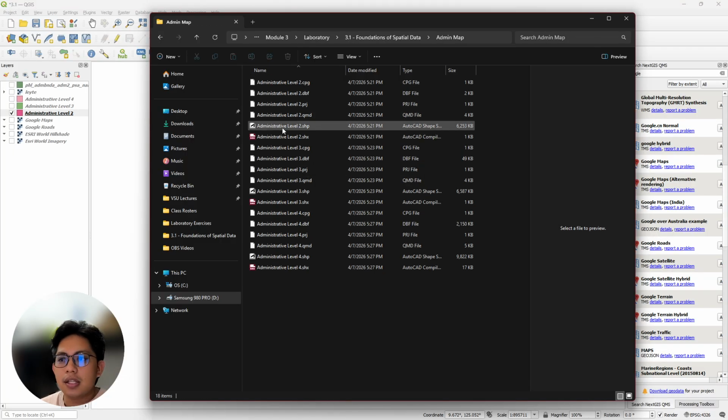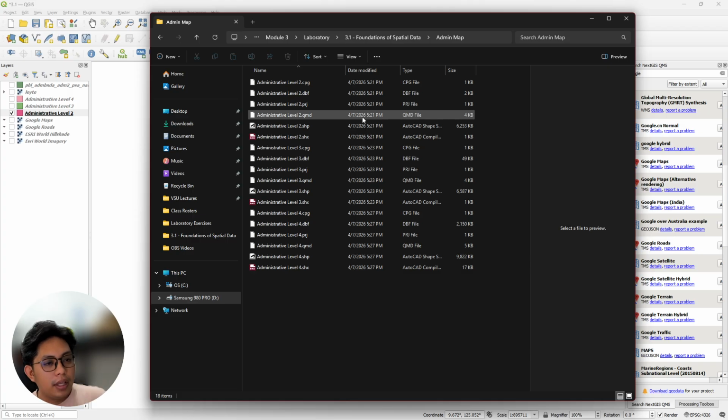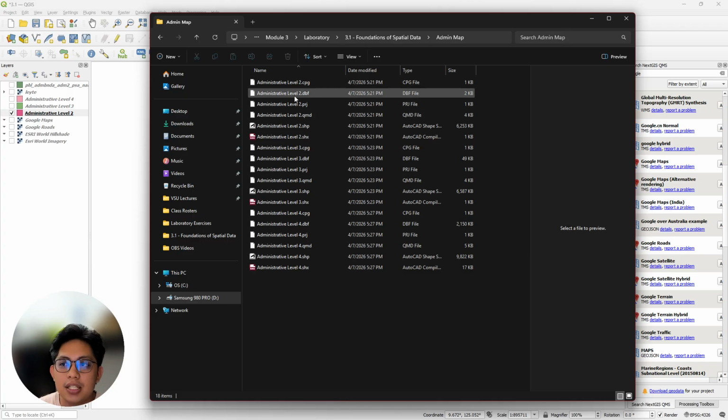You'll notice that you only saved one, but you'll get for admin level 2, CPG, DBF, project, QMD, SHP, SHX, and everything. Don't delete them. All of these files work hand in hand, so they must be in a single folder and they must always have the same name.